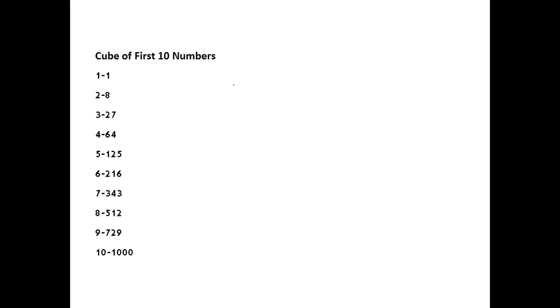For example, a question: you have to find a cube root. Before that, remember the steps. Whenever any number is ending with 8, replace with 2. And if it is ending with 2, replace with 8. I repeat, whenever any number is ending with 8, replace with 2. If it is ending with 2, replace with 8. Now, whenever any number is ending with 7, replace with 3. If any number is ending with 3, replace with 7. So there are 4 replacements.